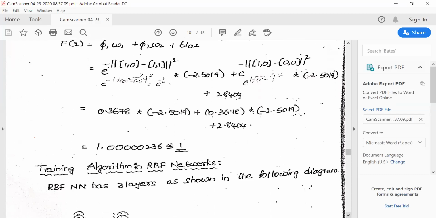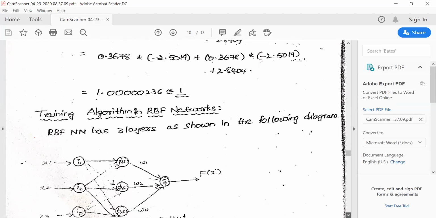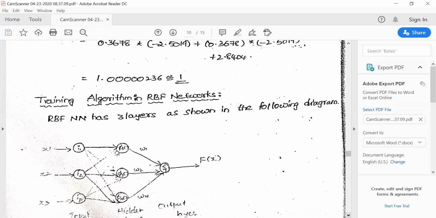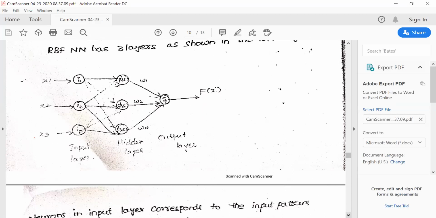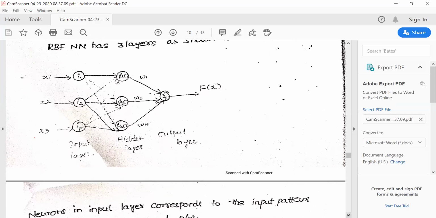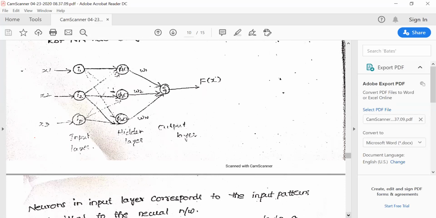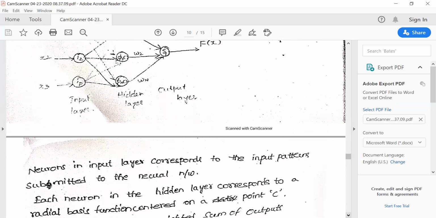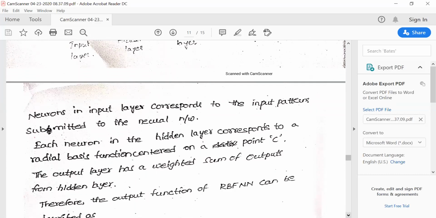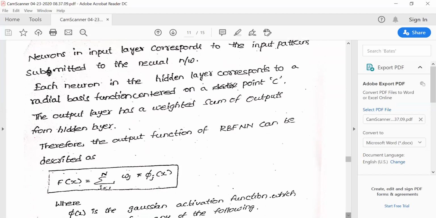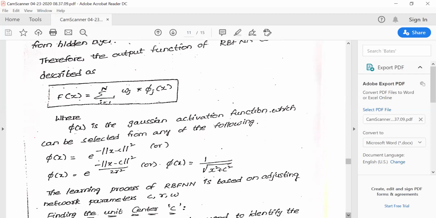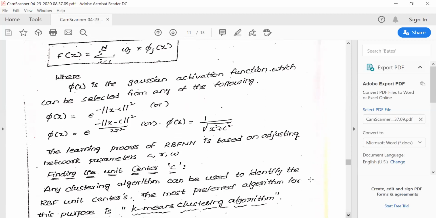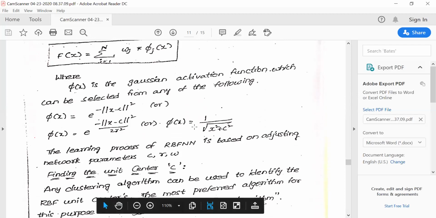And finally, how the training happens in the RBF neural network. This is just a summary of what we learned in the example problem. Actually, we used a simple radial basis function, phi of x is equal to e power minus some x minus center. So for that, we'll generalize it now. There are actually 3 steps for designing the RBF neural network. The training is done with 3 steps. The first step is you need to identify some RBF function, which are treated as Gaussian functions. There are many choices, you can choose any of them. This is your first step.